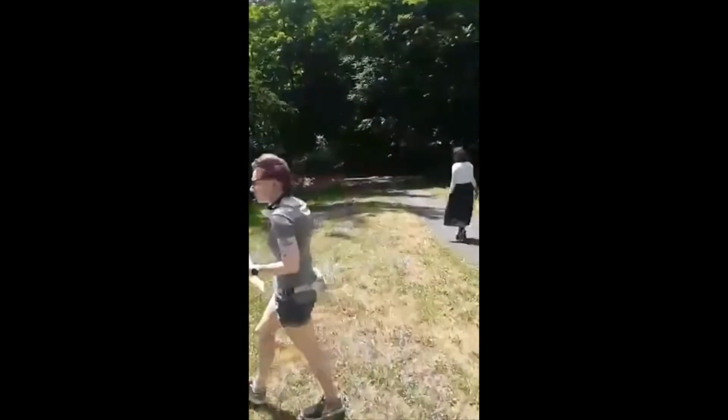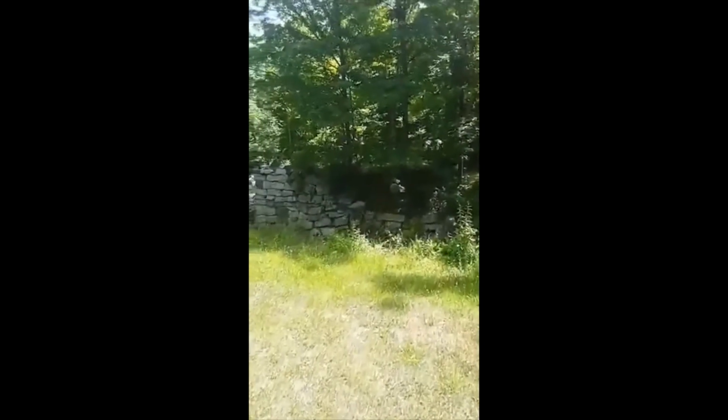Alright, so at the beginning of the Five Locks Walk here, there is a bypass flume, which is a necessary feature along the canal. The loading slips that were once...